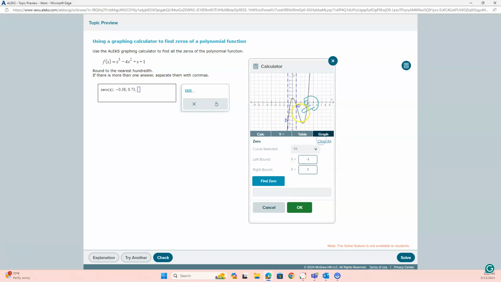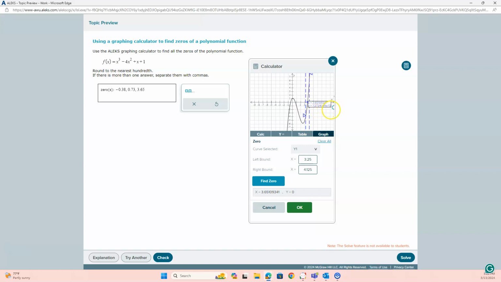I'm going to clear this. And I'm going to drag this guy all the way to the other side here. And tell it to find the zero. And we're at 3.65. Now, I want you to notice that every time I did that, this y is like